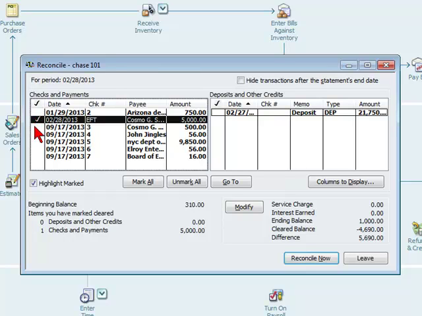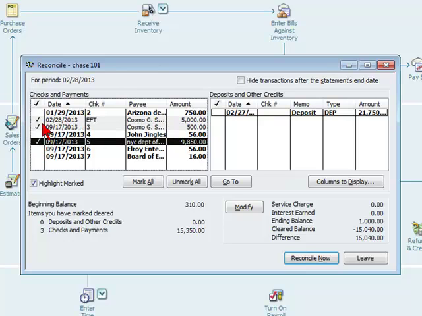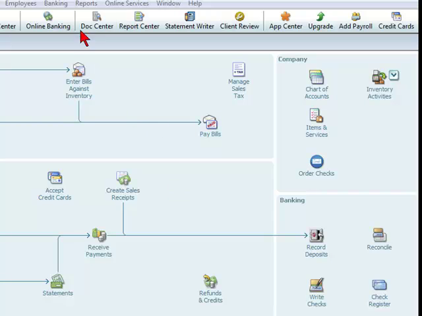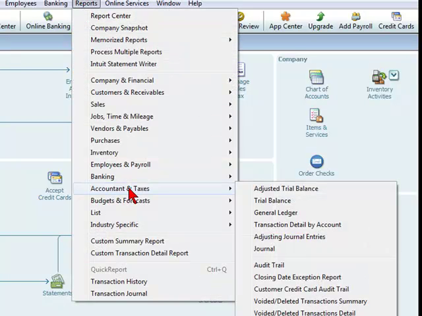And let's just say we looked at our bank statement and we found that check number 3 and 5 have been cashed. So we're going to select these items as cleared. Then we're going to select Leave. Now we are going to go to Reports, Accountant and Taxes. We're going to select General Ledger,